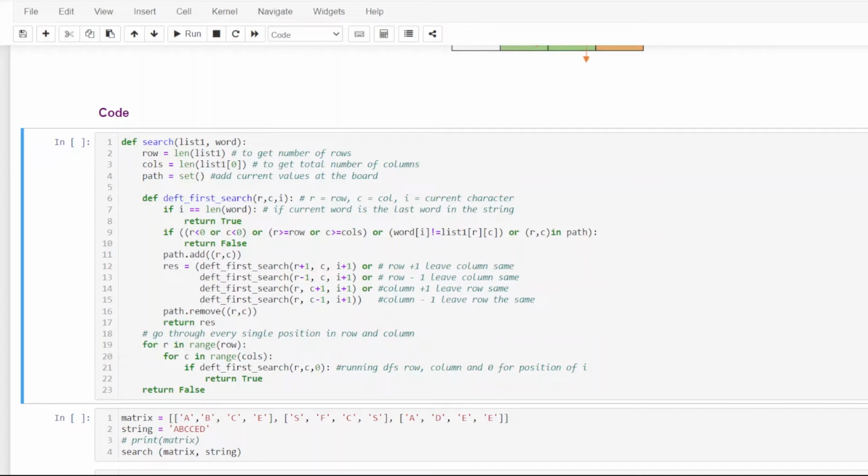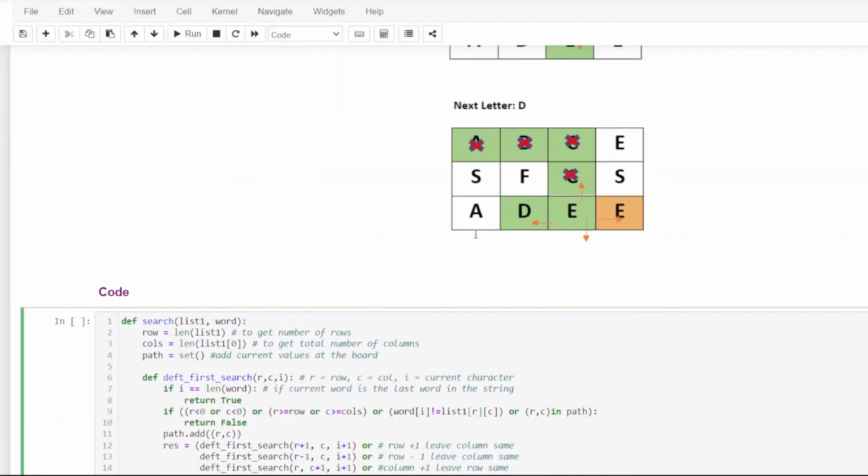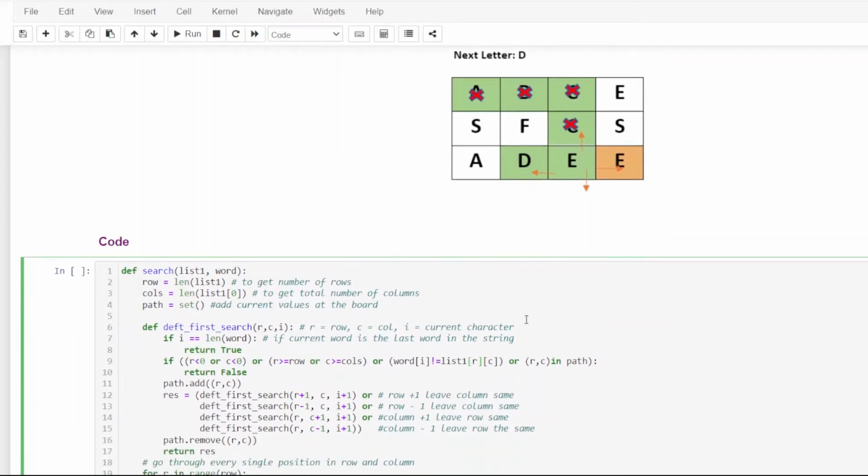Again in that condition we will return false. Or word of i not equal to list 1 of r, c, which means the character we are at in our word is not equal to the character we are at on our board or matrix. If we find the wrong character, again we will return false. For example here we found E, which was not present in our string, so we will return false. Or the last condition is